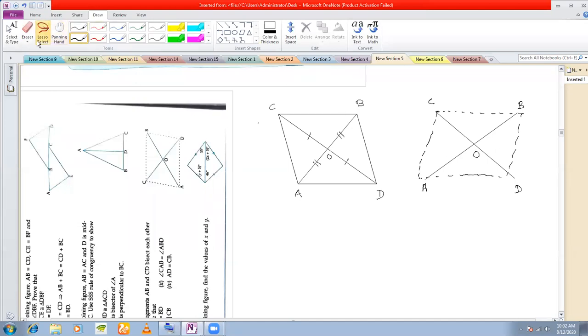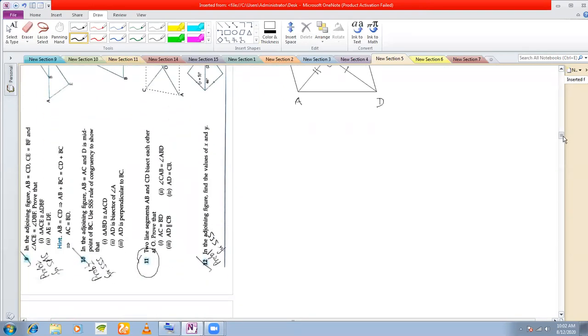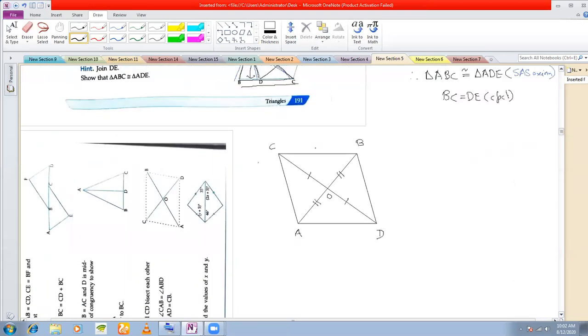So anyway, the question here is, it is given that these two line segments bisect each other. That means I have already represented in the diagram what is given to you. That means OA must be equal to OB and OC must be equal to OD. Now let's see what the question is. Prove that AC is equal to BD. You need to show that this side AC is equal to this side BD.